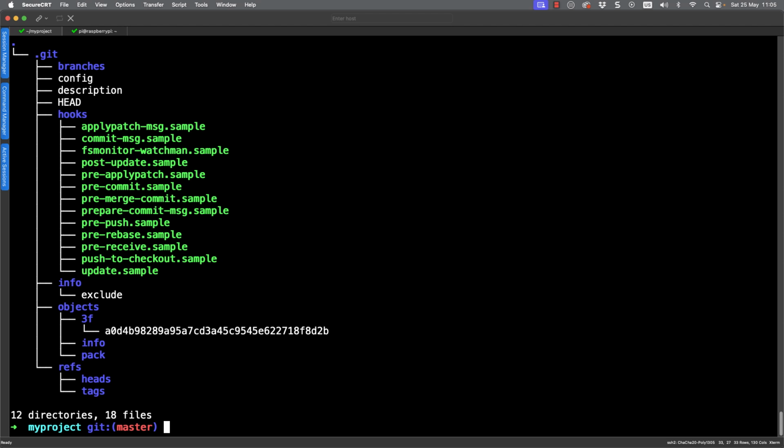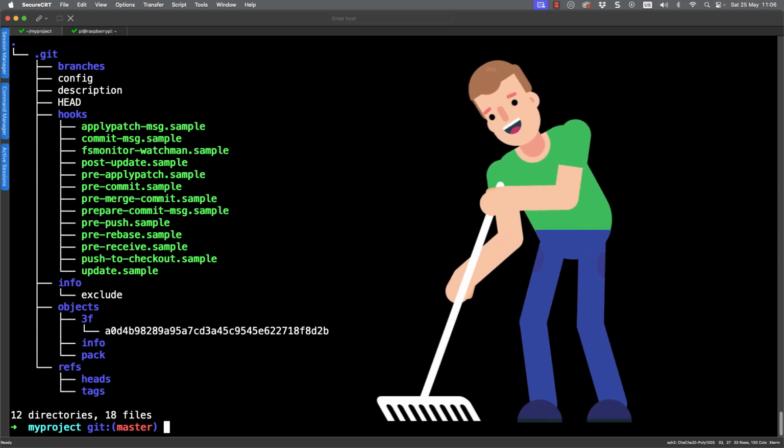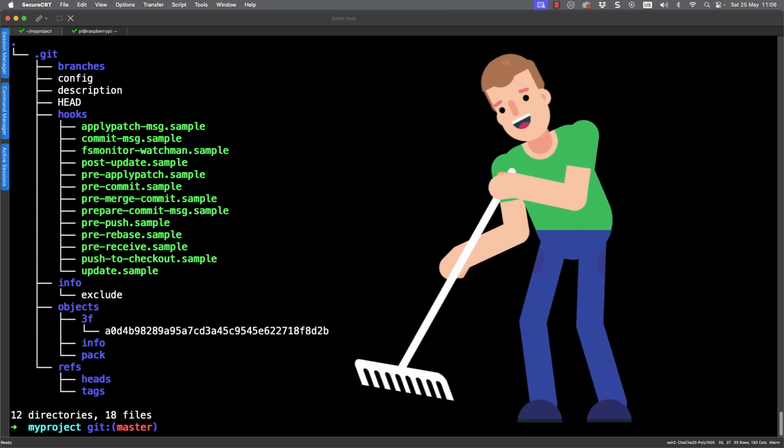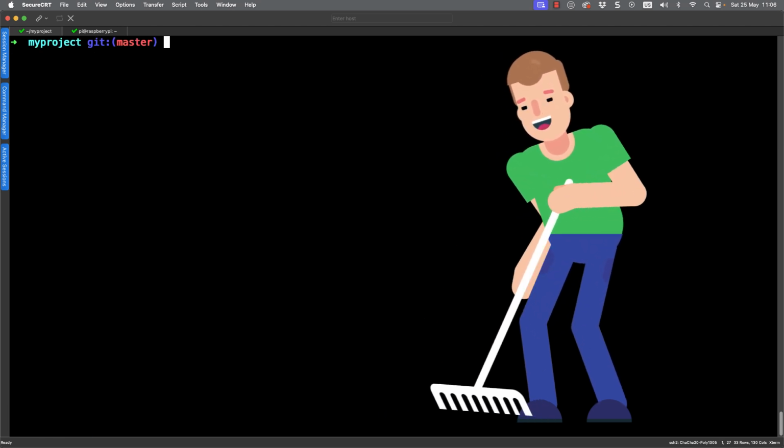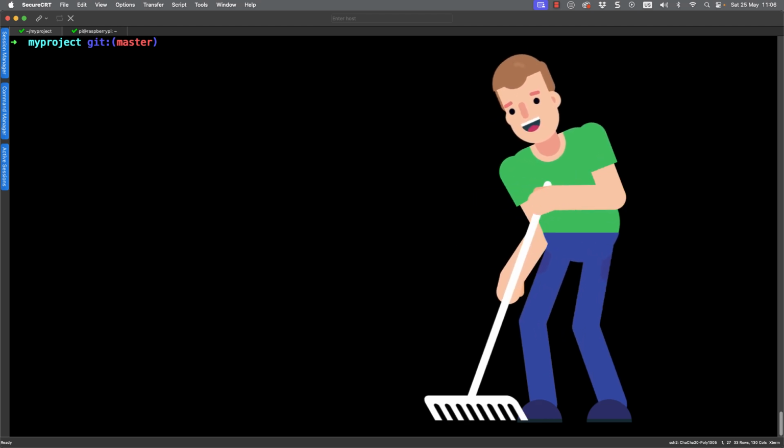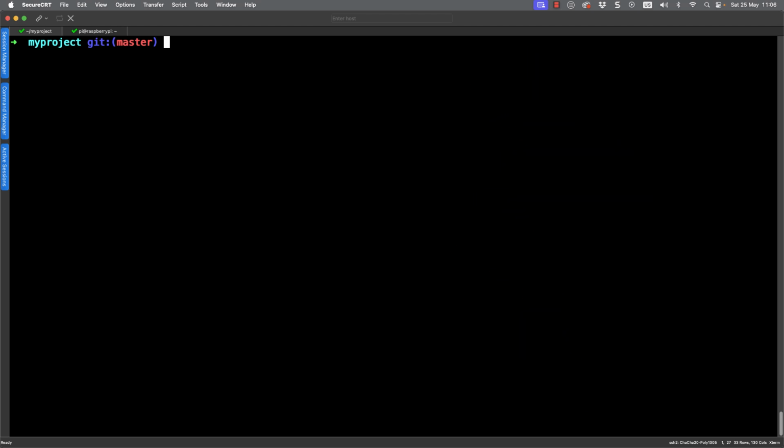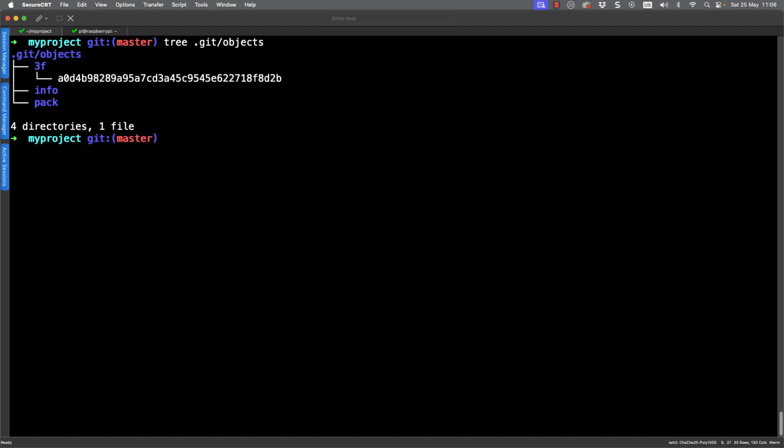But we now need to create a directory entry in our Git file system for this. And this is what is called the tree. So come on, let's go through and start creating our tree and do a little bit of gardening. Now, to make our output just a little bit less verbose, we can look inside of our Git directory and the objects subdirectory, so we're only looking inside of the objects directory. This is where we're going to create our tree, but also we need to reference our existing file object.